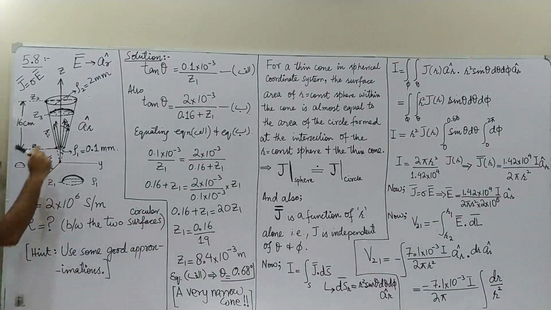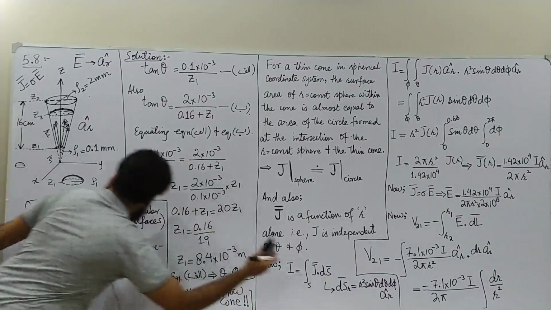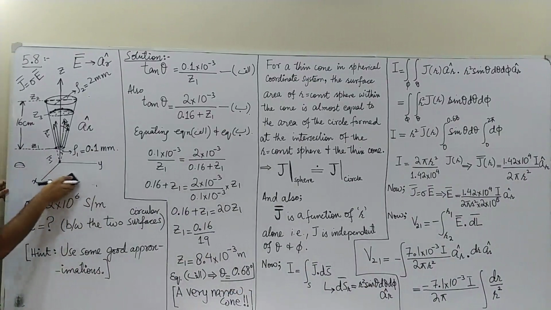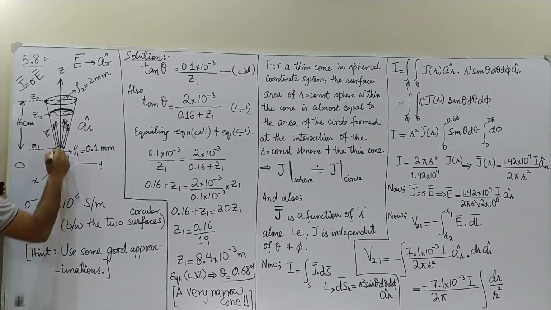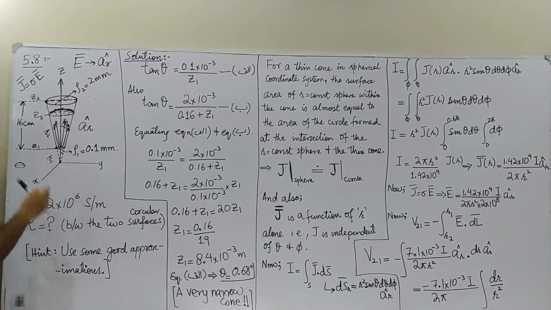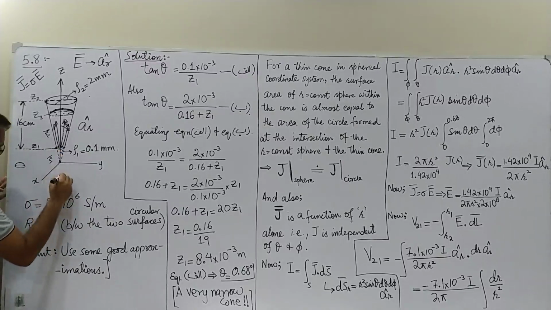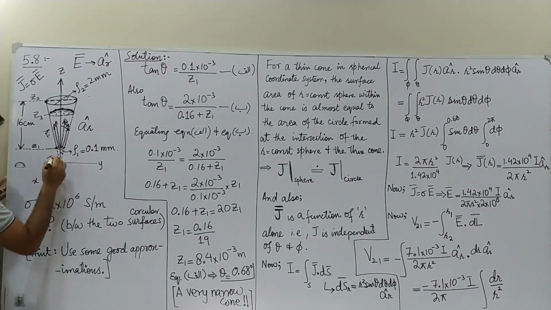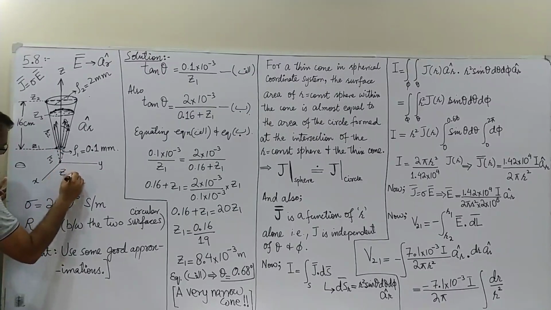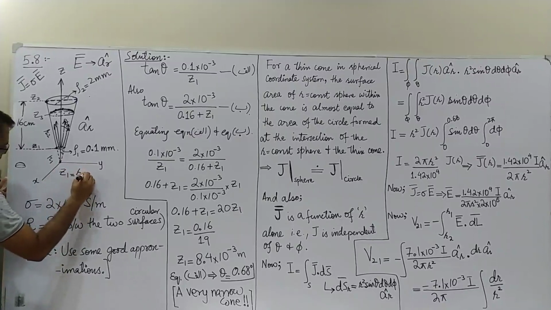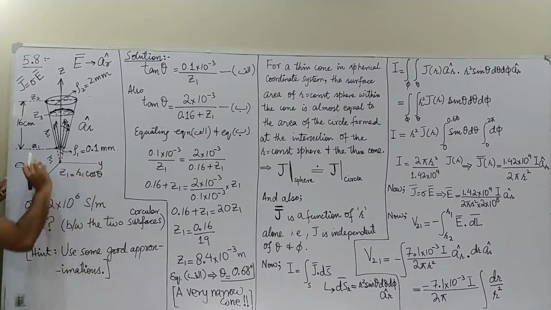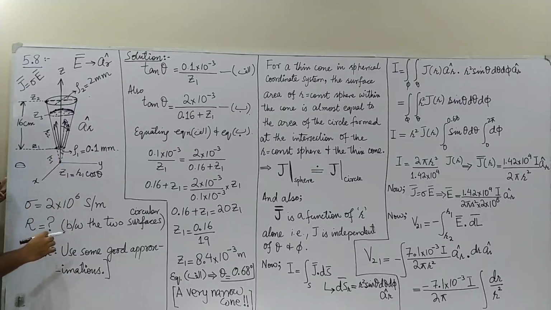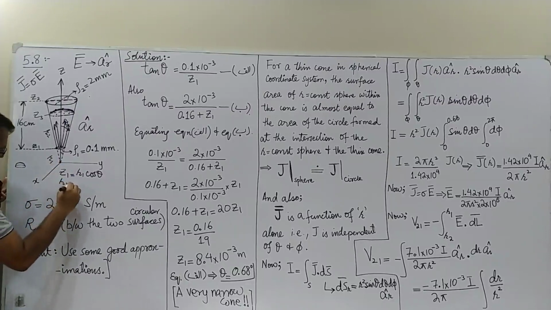This R1 is nothing but, can I say that Z1 is equal to R1 cos theta? Definitely I can say that. This is R1, this is theta, and this is Z1. So R1 is equal to